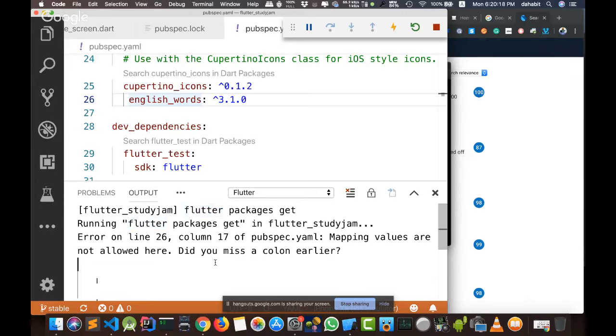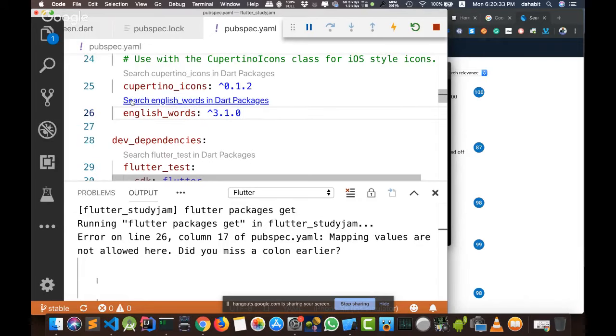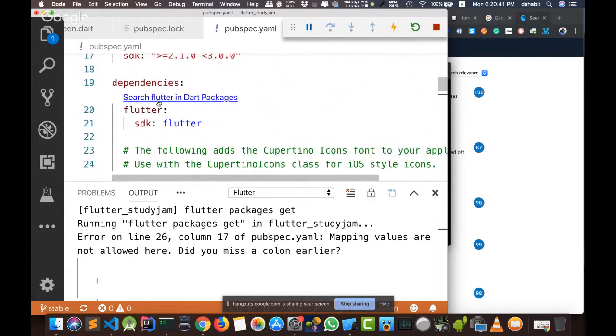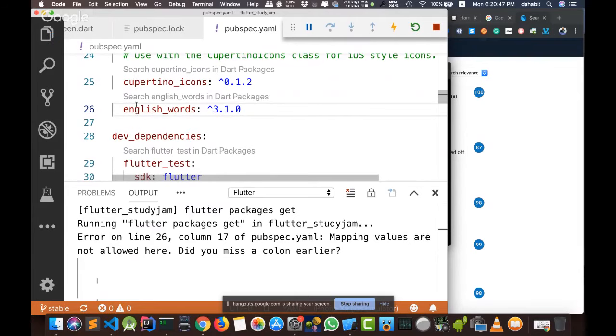And here is what I want you to know: YAML is sensitive to spaces. So make sure the indentation of the things you are writing is correct, and that you indent the property with the correct order. Here, as we can see, Flutter and the dependency package that Flutter depends on are at the same level.